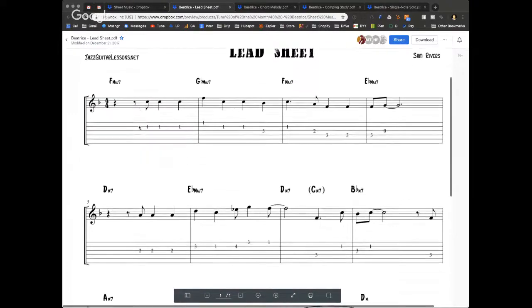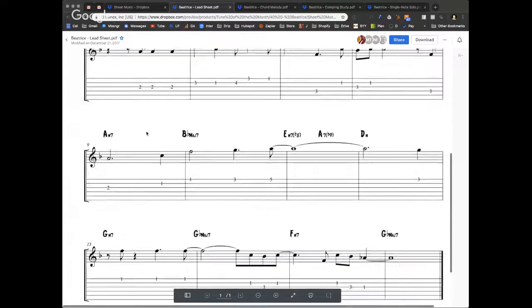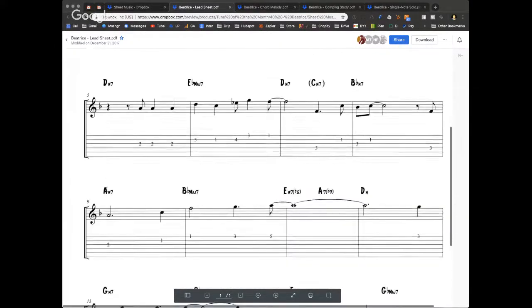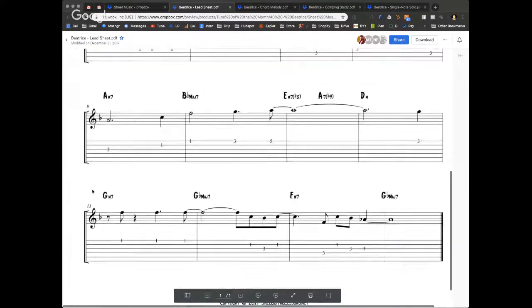So what we have, once again, F major area, then D minor area, then A minor area. So F, D, and A are very closely related in the key of F. And lastly, we just have this cadence. This is almost, we could say, like the modern version of a turnaround. And remember at the end,